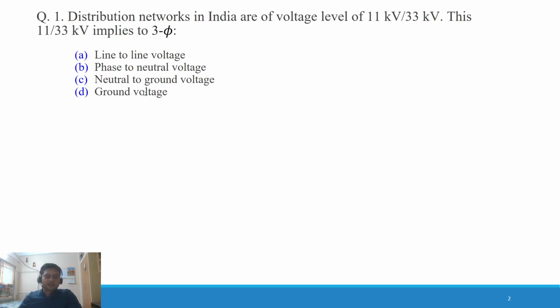So the first question is on distribution networks. Distribution networks in India are of voltage level 11 kV, 33 kV. This 11 and 33 kV implies three phase, and the options are line to line voltage, phase to neutral voltage, ground voltage. So in India, if we see the distribution networks,